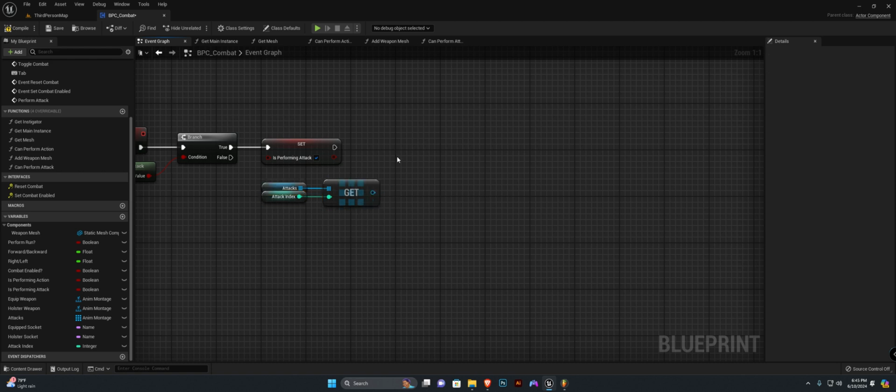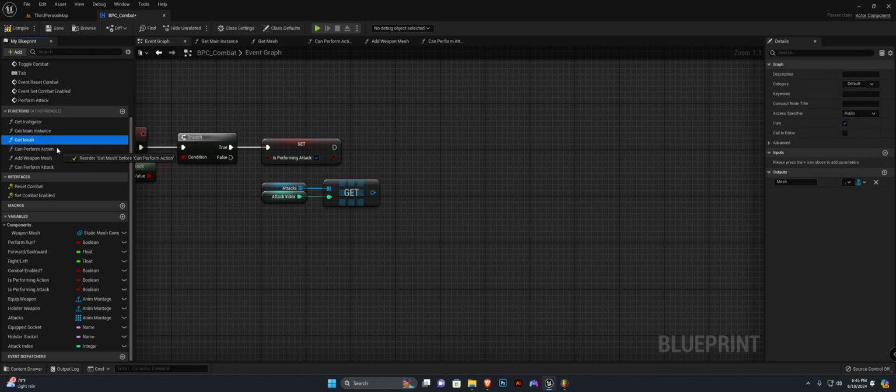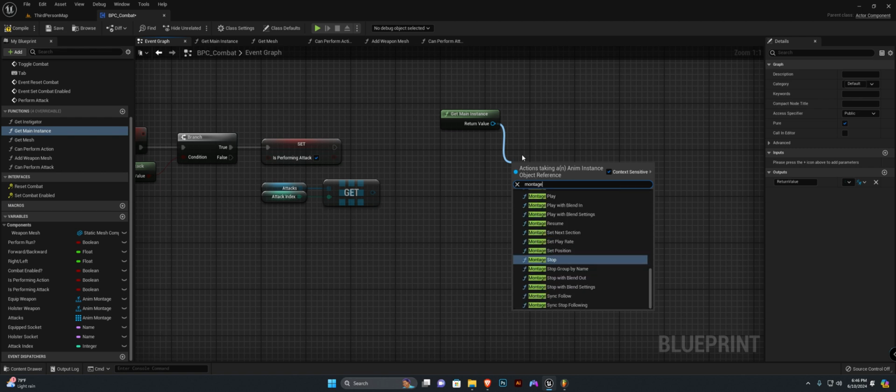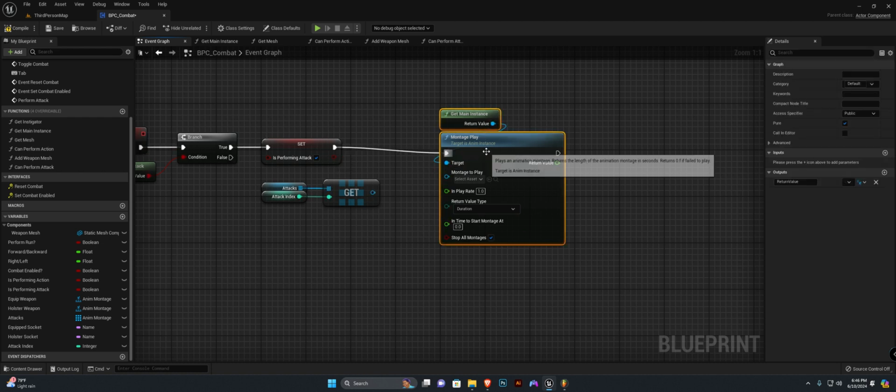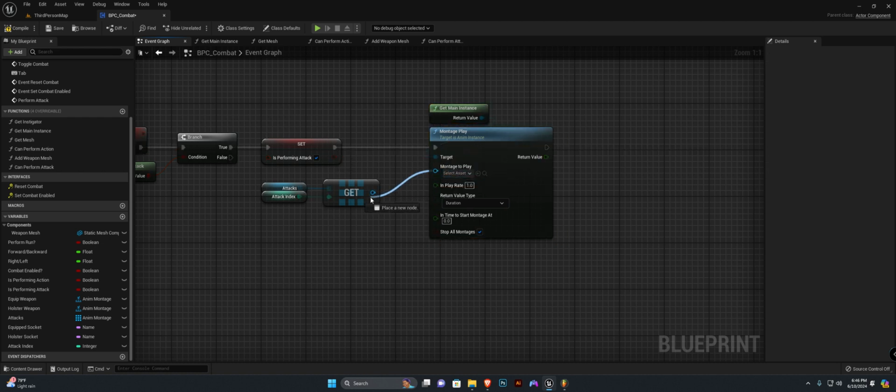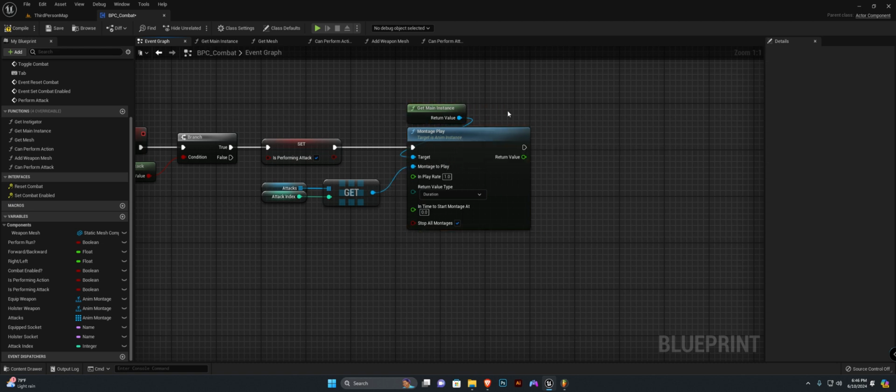So from the get node here, we want to first get our main instance function, and we're going to do a montage play. It's going to be duration again, and the montage to play will be our get. From here, we want to get our attack index